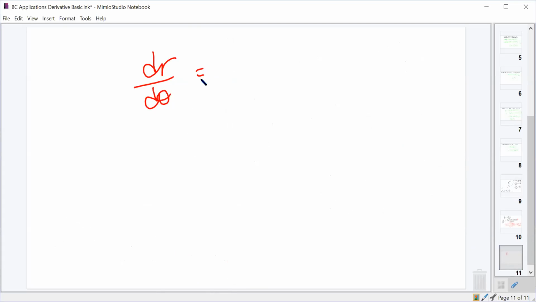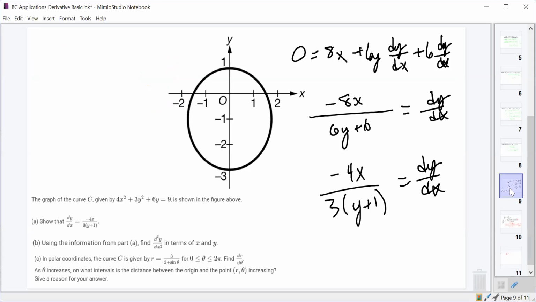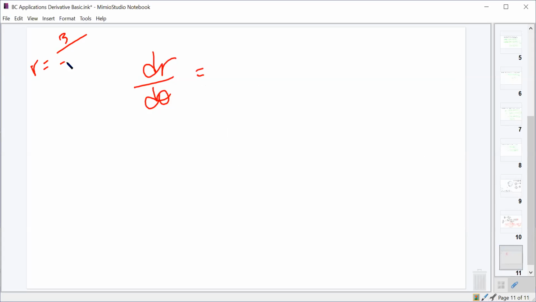But, so dr d theta, and what was r? R was 3 over, go back and look at it. It was 3 over 2 plus sine theta, yeah, okay. So dr d theta, then we can just use the reciprocal rule on that. So it should be negative, and then 3 times the derivative of sine theta, so negative 3 cosine theta, over 2 plus sine theta